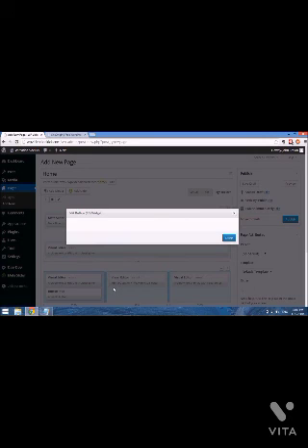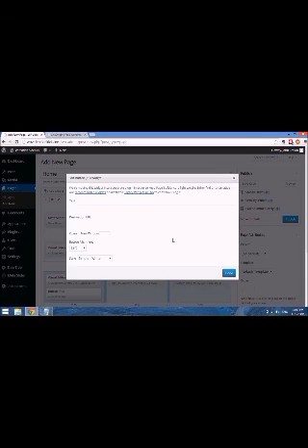So we just add a simple button, and then this window just opened asking for the text to put on the button. So that very first area had a link to all products, so I'll just put